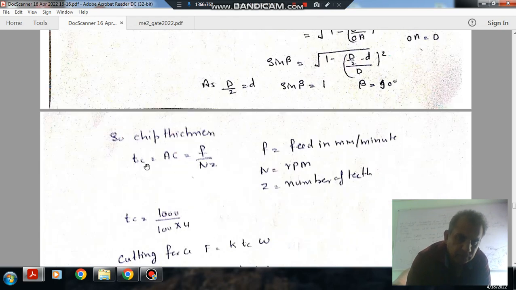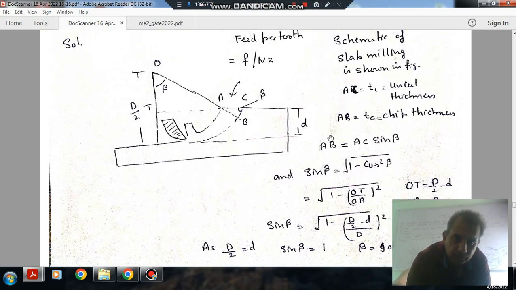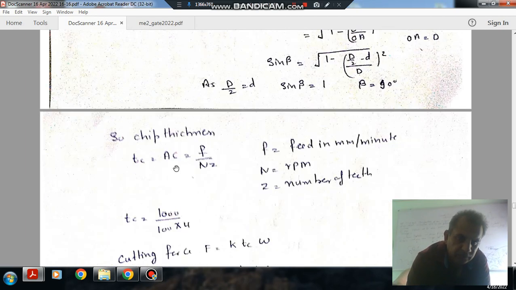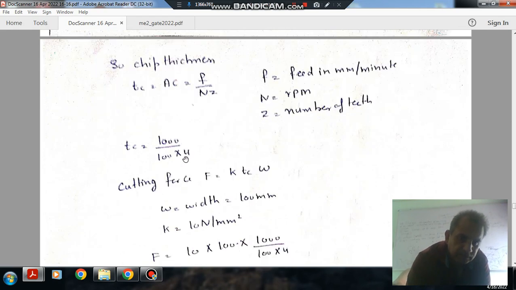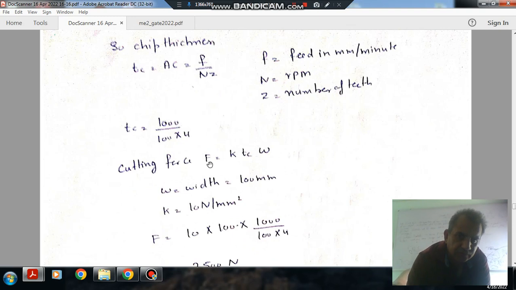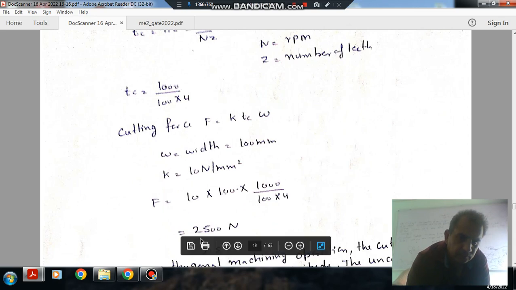So tc will be approximately equal to AB, which is AC sin beta, and sin beta is 1, so AB will be equal to AC. So tc will be equal to AC, and AC is F by NZ, where F is the feed in mm per minute, N is RPM, and Z is the number of teeth. These things are given, and once this is known, we can find the cutting force, that is K·tc·W. W is 100 and K is 10. So from this we have